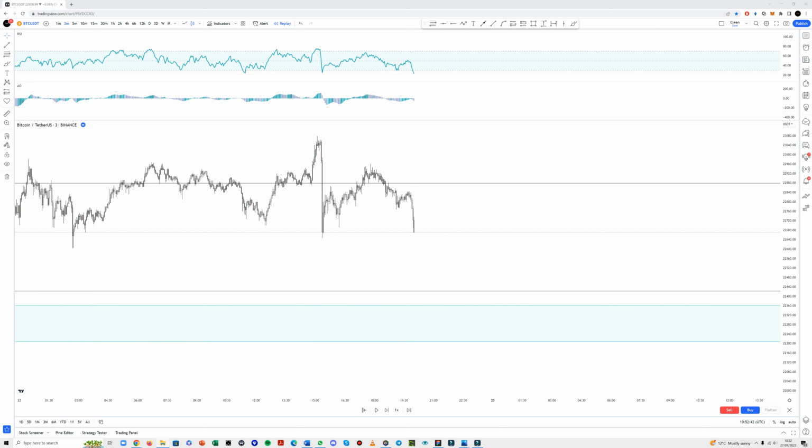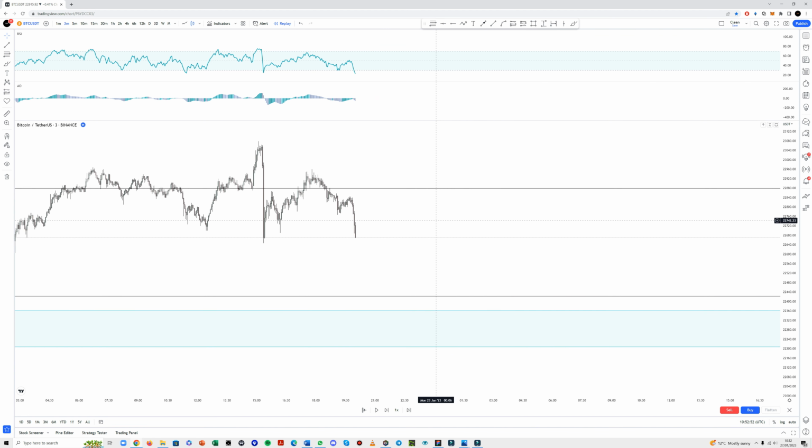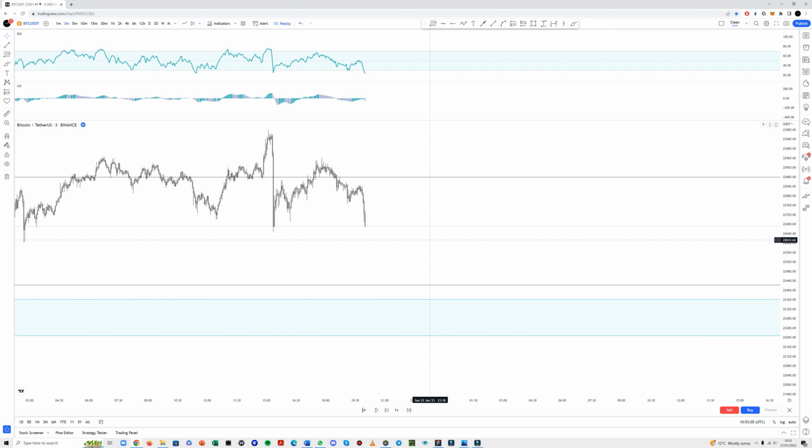So I've just done two things here, okay? So we fast forwarded a little bit. We can see we're slightly lower than the range lows here. We've come down a touch. We're also on the 3-minute, okay? And the 3-minute was my primary time frame as the trigger for trade entry, okay? So this is what we're looking at. I'm just going to try and show you how this unfolded and just look at how I executed the trade